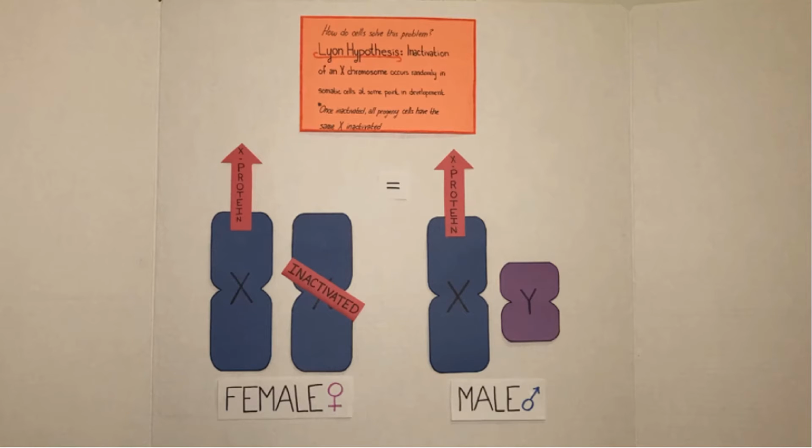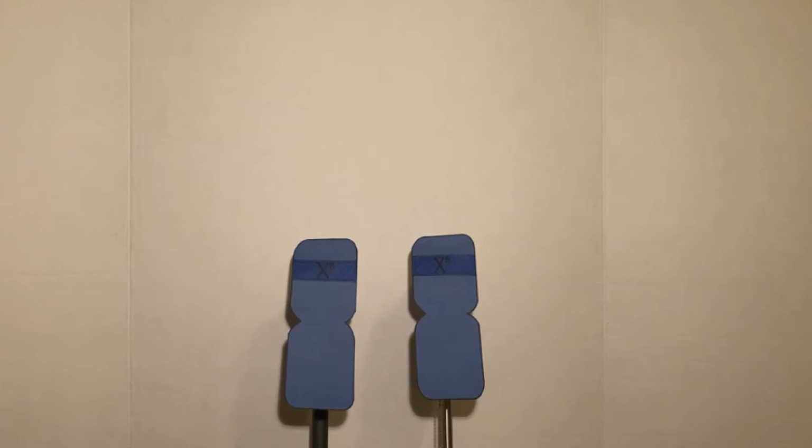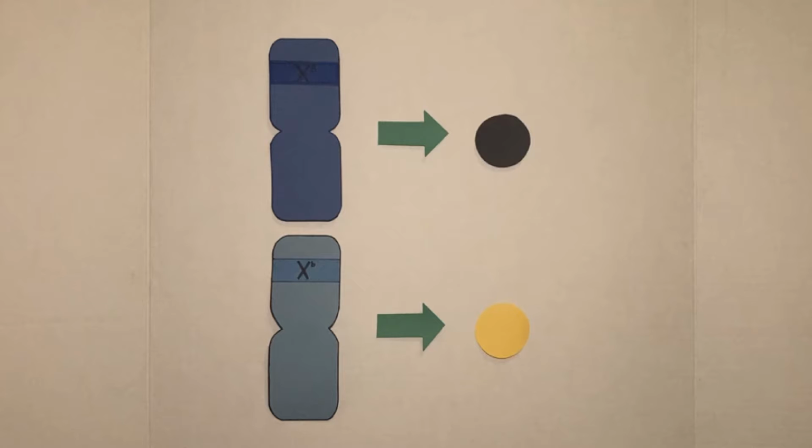Let's see this in practice. For the purposes of this demonstration, a turned-on light bulb represents activation, and a turned-off light bulb represents inactivation. The gene that codes for the color of a cat's fur is found on the X chromosome. The capital B is the dominant allele that codes for black, and the lowercase b is the recessive allele that